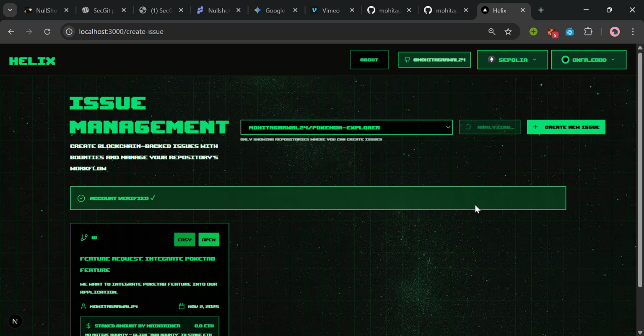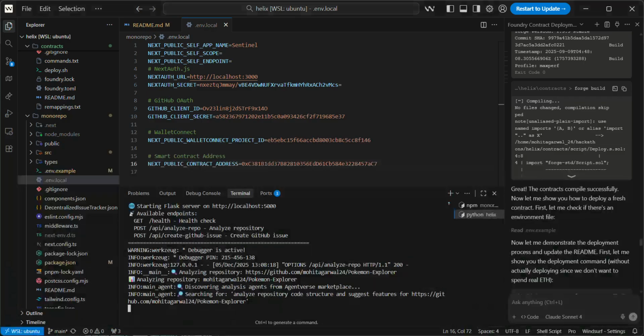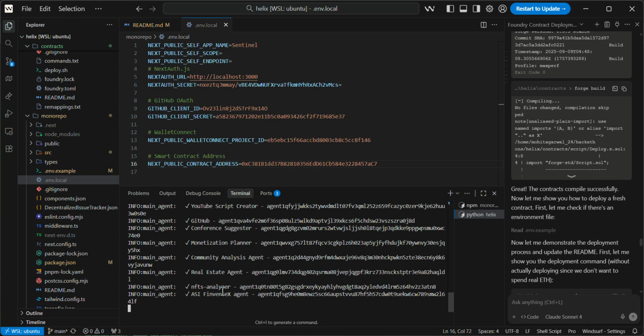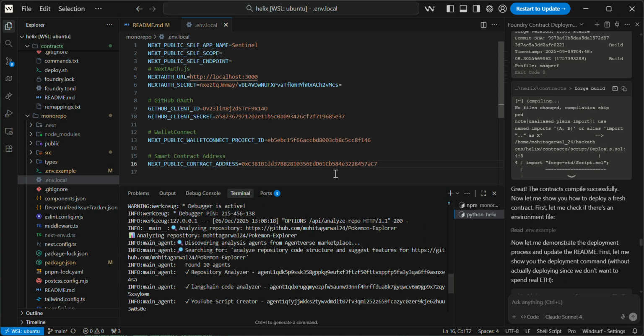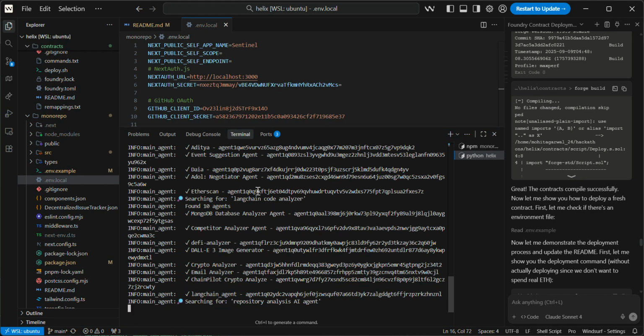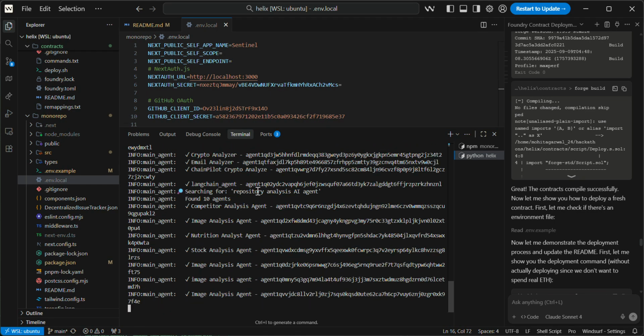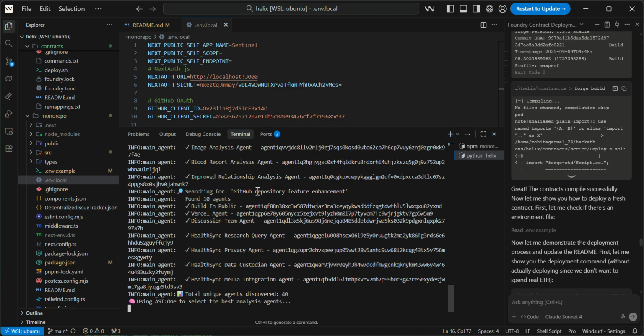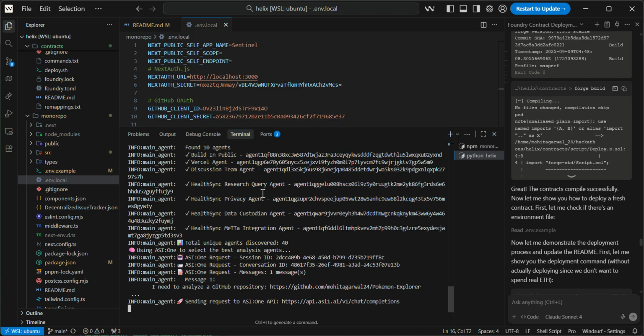Let me click on analyze AI repo, and I will show you here discovering the agents using ASI-1. So it has discovered a lot of agents, and it will select the best three agents from it and generate analysis of a repository, which will be used as a feature addition or issue or bug, whatever it sees as best.